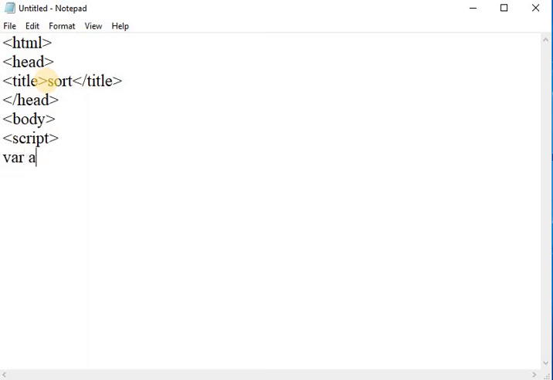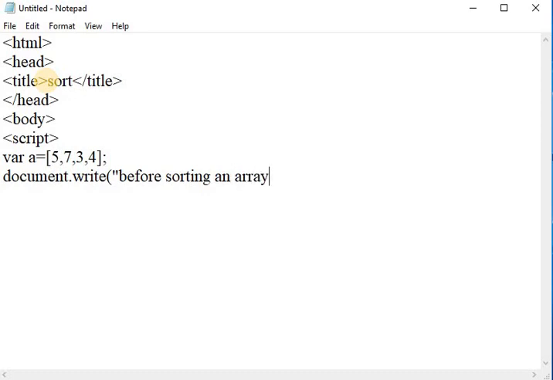Here I am creating one array, A, and here I am initializing the values for this array, that is 5, 7, 3 and 4. After that I am writing document.write before sorting an array. Here, what is the value before sorting an array?